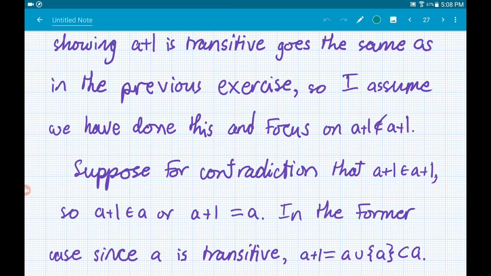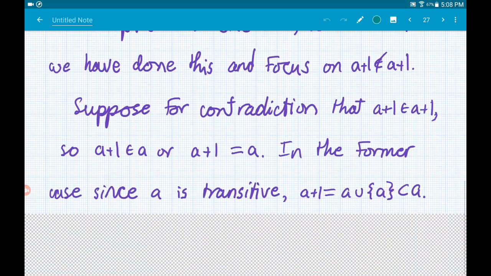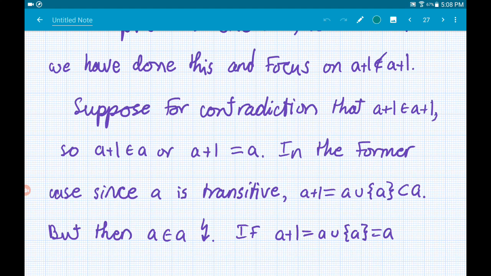But for the part where we argue that a plus 1 is not an element of a plus 1, that's the hard part. Let's suppose for contradiction that a plus 1 is an element of a plus 1. Well, that must mean that a plus 1 is either an element of a or equal to a. We've seen that principle repeatedly now. In the former case, since a itself is transitive, and a plus 1 is an element, therefore a plus 1 is a